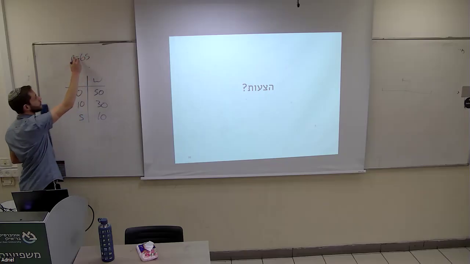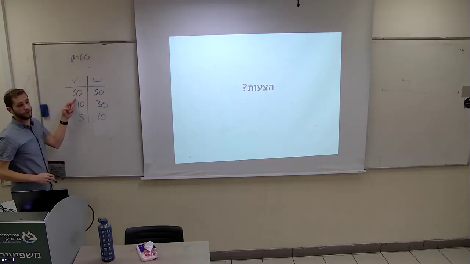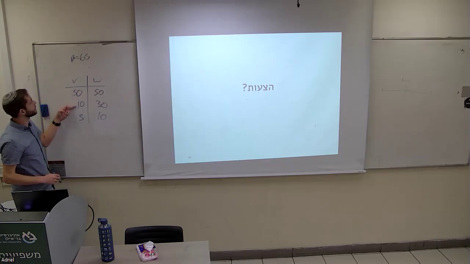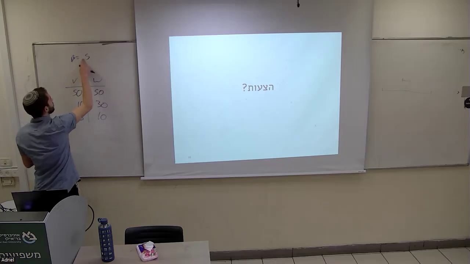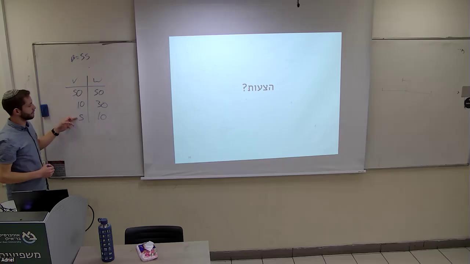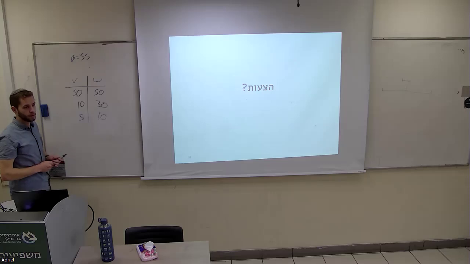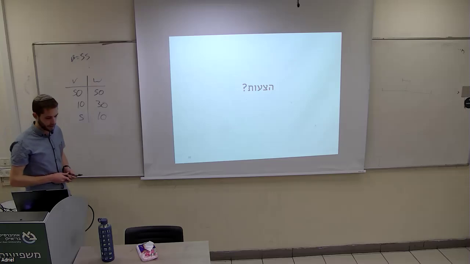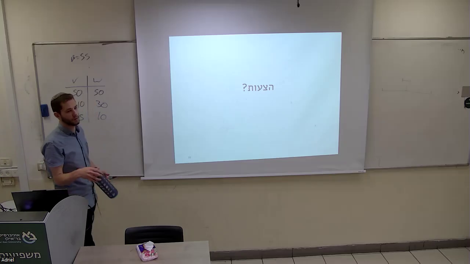65. So let's first take the one with the largest value, and then the one with the second largest value. We can't take it. Oh, we can take it. Say 55, so we can't take a specific amount. We can't take this one, and we can only take 50 and 5. It works here. Why wouldn't it work? It's taking the highest value.